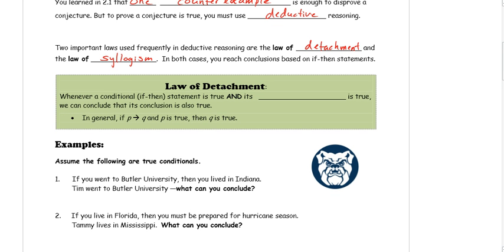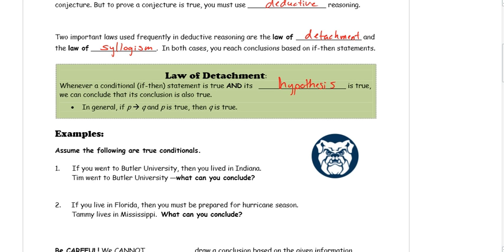Law of detachment: whenever a conditional, again an if-then statement, is true and its hypothesis is true, we can conclude that its conclusion is also true. So if you know something's true in the hypothesis and then the conclusion happens, that conclusion must be true. So if we look at a couple of simple examples,